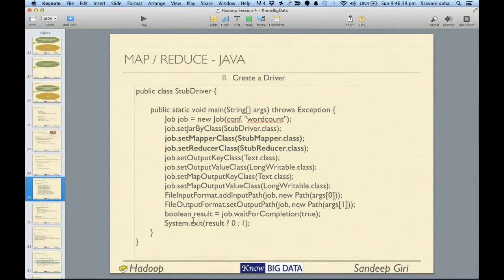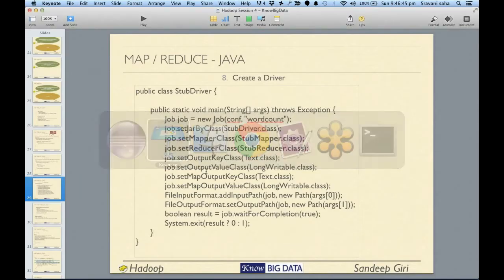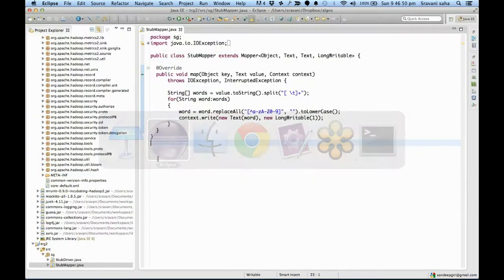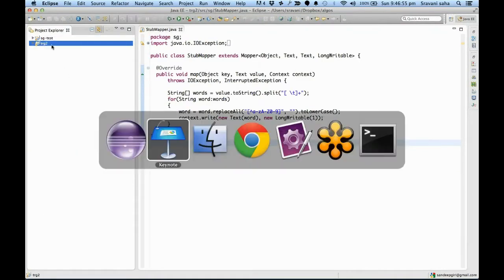If you notice, we are basically exiting the whole virtual machine over here. It waits for the job completion and then it finishes. And once you are done with this, what you do is